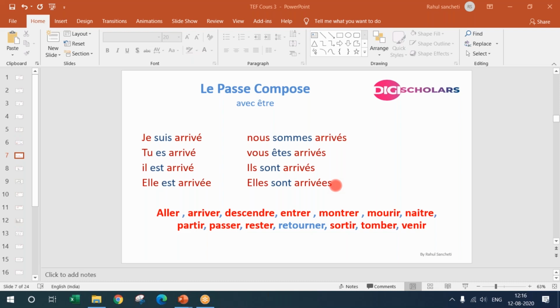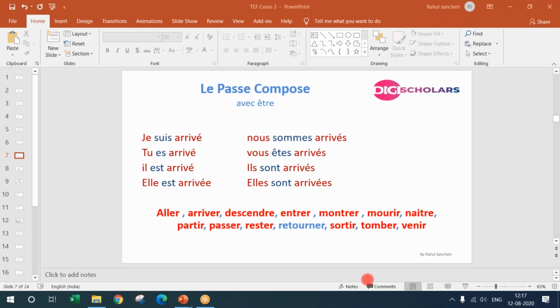Until I told you there is a mistake there, no one looked at it carefully. But when I said there is a mistake, you looked at it very carefully, and then you found out that there is an extra E here, and there is an extra E and S here, and there is an S all over here. That is because when you're conjugating with être, you have to add extra E and S. That means it should agree with the number and gender. Okay?